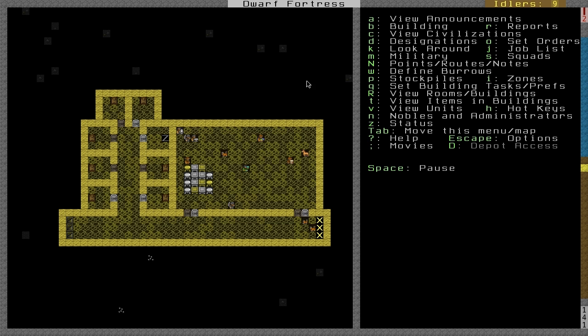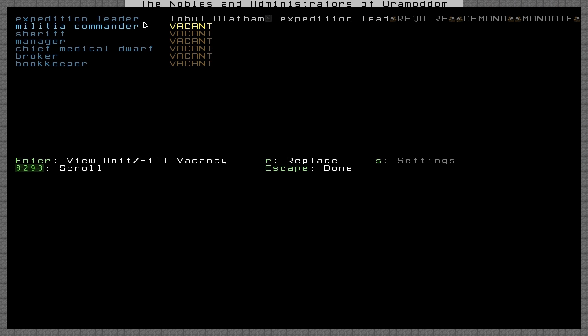Oh, sorry about that. You hit N for nobles and administrators, and it brings you up to this menu where there are a few vacant positions right now. As your fortress expands, there will be more positions to do different things. Right now, some of them we don't even need. Like, we have a default expedition leader set, but we don't need a militia commander or sheriff or even manager until a bit later, or even chief medical dwarf. A lot of these you can fill whenever you want, but for now we just want a broker and a